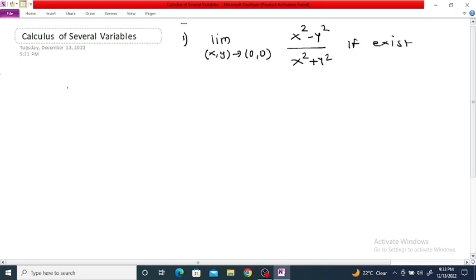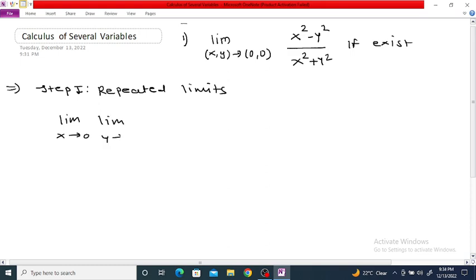Now if we take the repeated limits first, then limit x tends to 0, limit y tends to 0, of (x square minus y square) divided by (x square plus y square) is equal to,